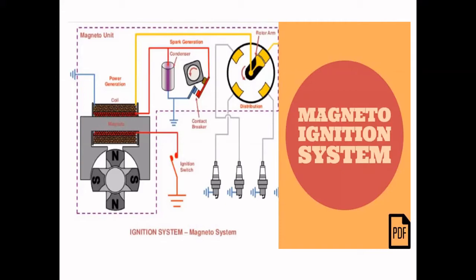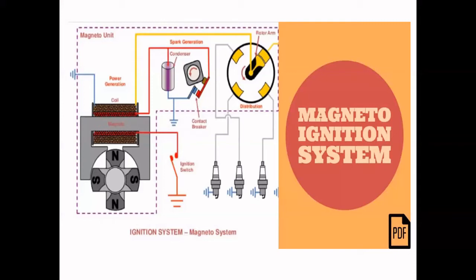In the battery ignition system, the battery was a separate component and it used to supply the power. But here the magneto is a self electricity generator. It generates electricity sufficient to run the complete ignition system and to produce better ignition. For operation of this magneto we don't require any additional energy. Some portion of the engine's energy is taken for operating the magneto.